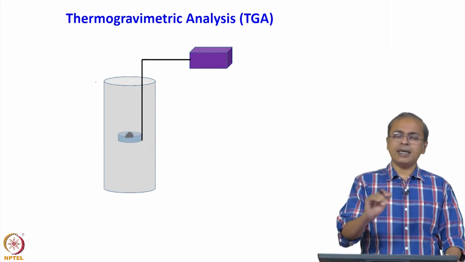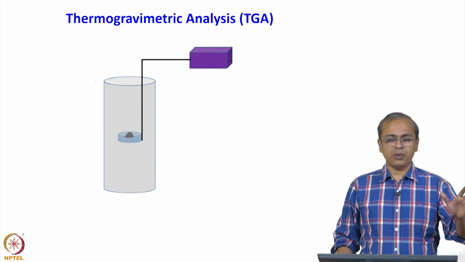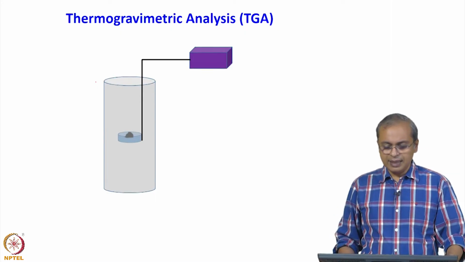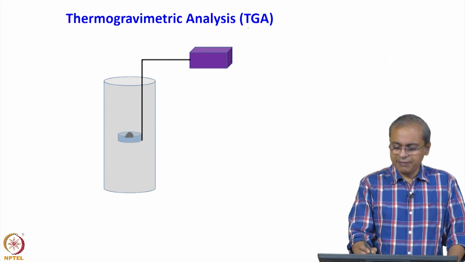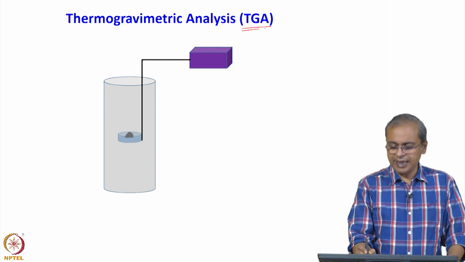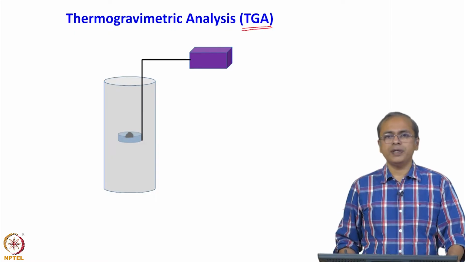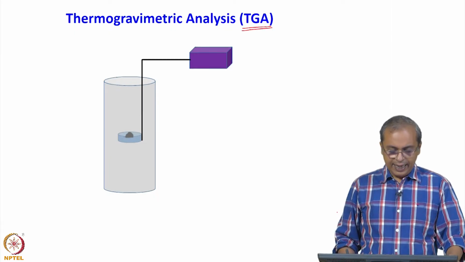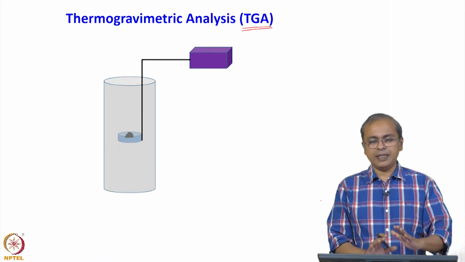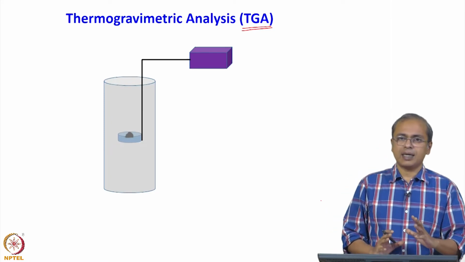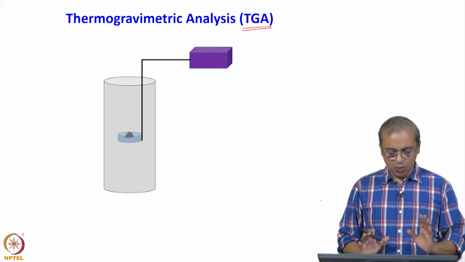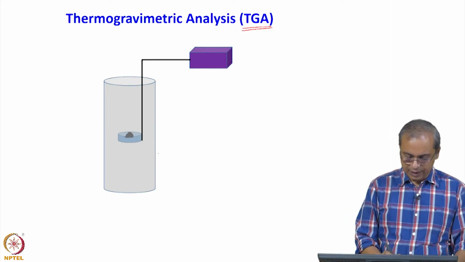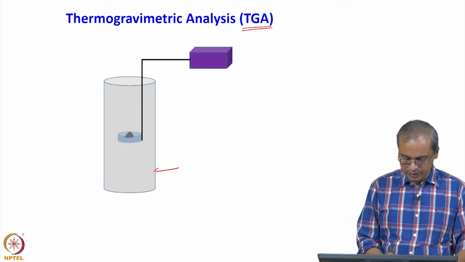Okay, so the next thing we can do, having found out this information, is another analysis called thermogravimetric analysis or TGA, which is often used to study what kind of stability we have in the sample. Experimentally the technique is conceptually very simple. So, what we do is there is a furnace. So, this is a furnace